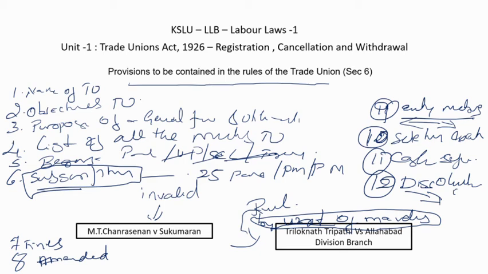I'll repeat this once again. The writ of mandamus cannot be applied for the rules of a trade union. A person cannot go to a court and ask for a writ of mandamus against trade union members or trade union executive members. The only thing is they can go and file a case against the trade union executive committees, but not a request for a writ of mandamus.